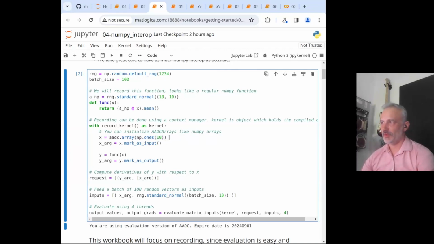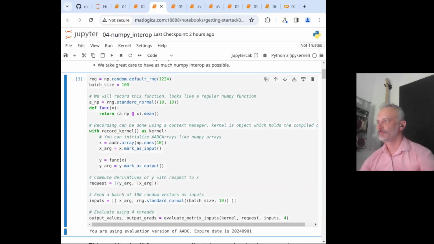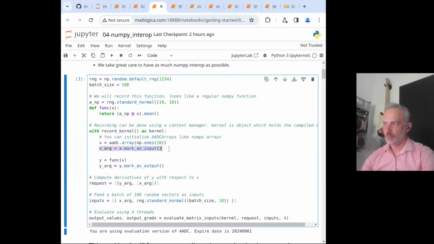This is how you would use it if you're targeting the ADC framework from the beginning. In this instance, we demonstrate we can mark a full vector of NumPy arrays, call a function on this vector, and mark the output of this array. So we are able to record NumPy operations in this fashion.